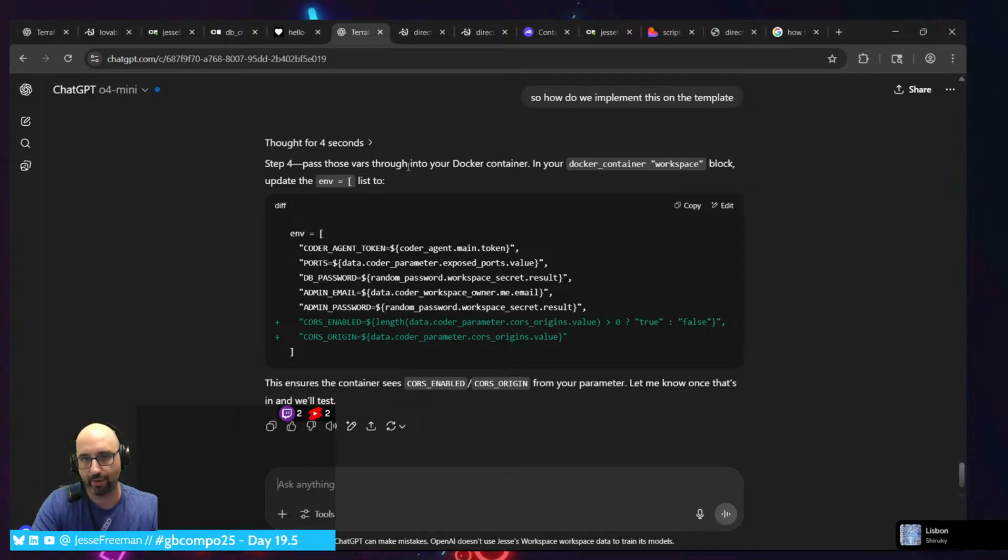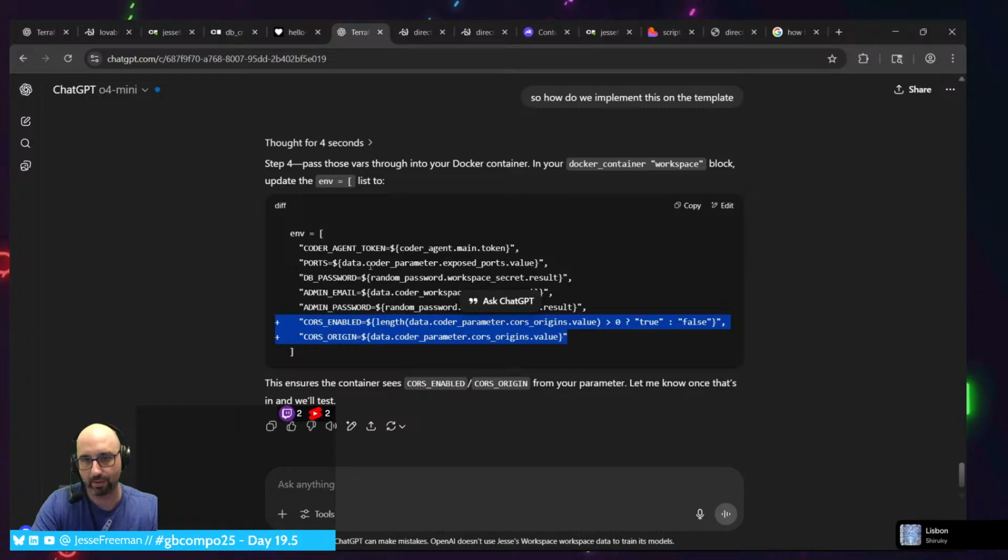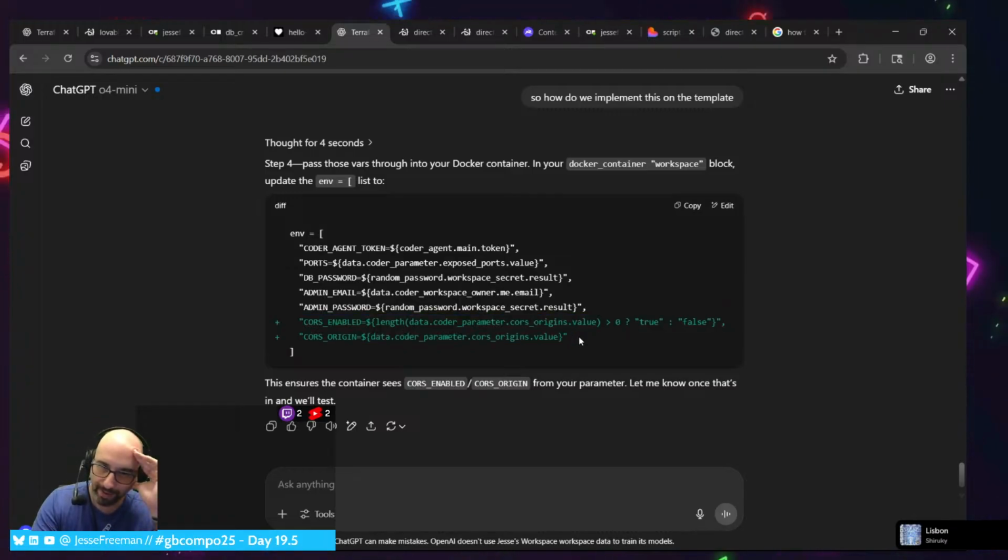Pass those vars through into your Docker container in your Docker container workspace block. Wait, what? Why am I passing these? All right.